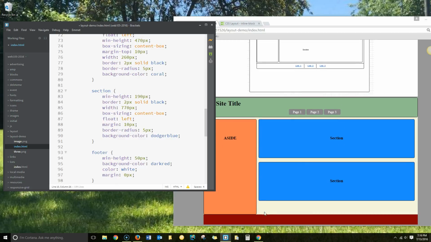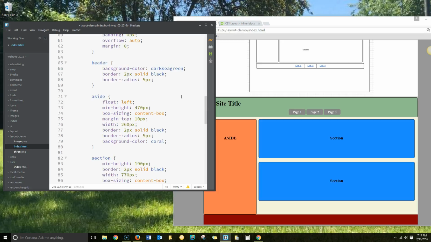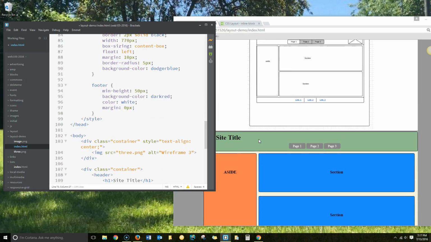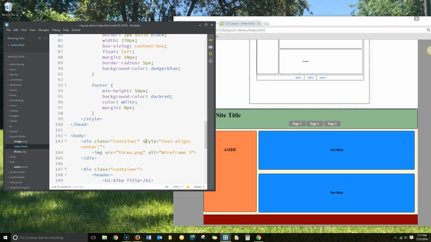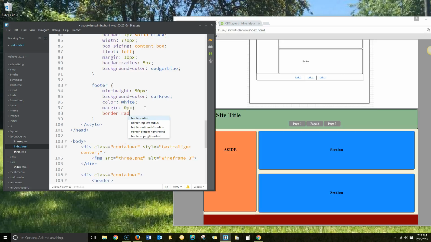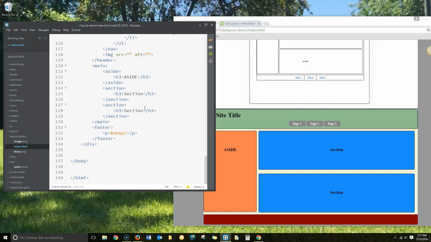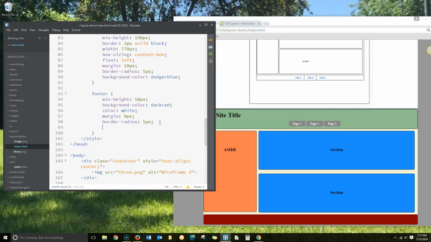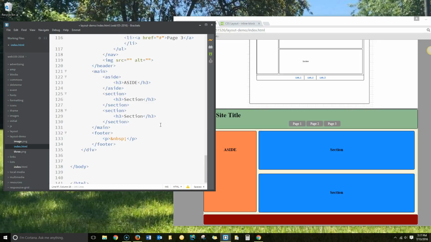Okay, I do actually want a little bit of space there. And that changes my aside. That's what I was looking for. That is absolutely what I was looking for. And we had a border radius 5 pixels. Looks good. And then in the footer, we're also going to do text align center,